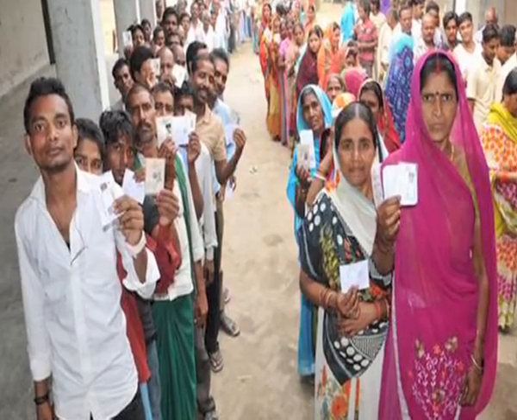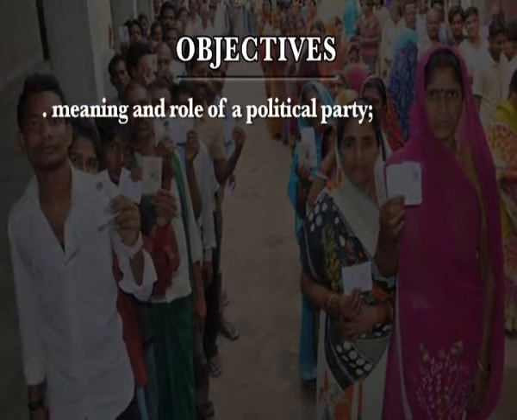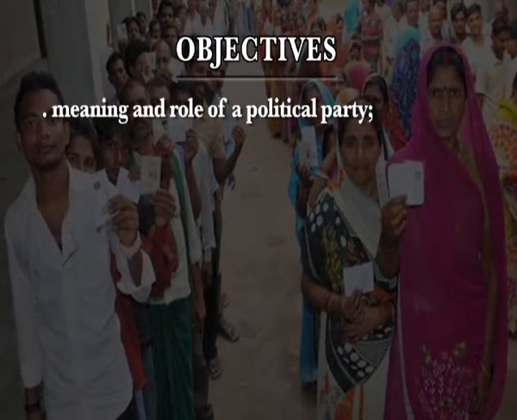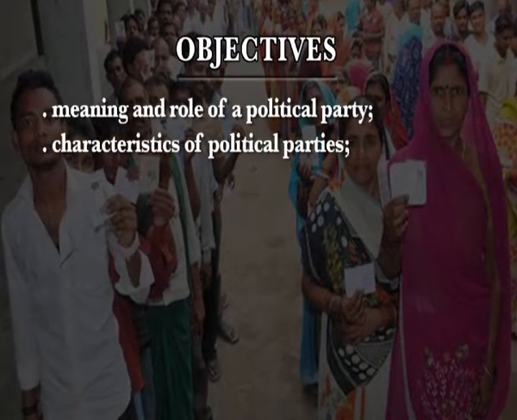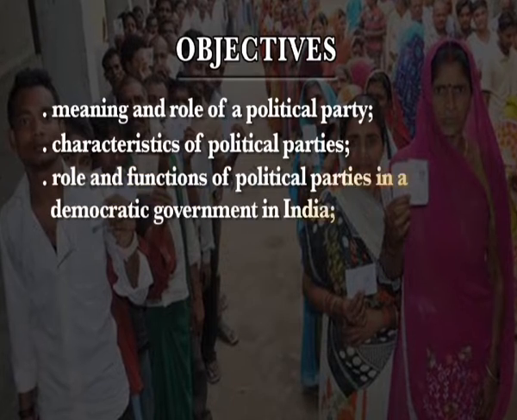The topic of your social science lesson is political parties and pressure group. Before going to discuss the topic, let me tell you very briefly the objectives of this lesson, and the objectives are meaning and the role of political party, characteristic of political parties, role and functions